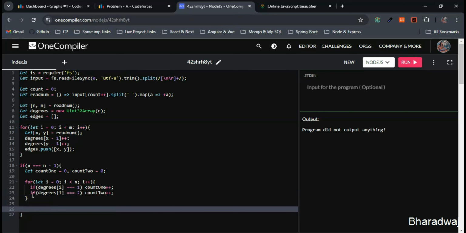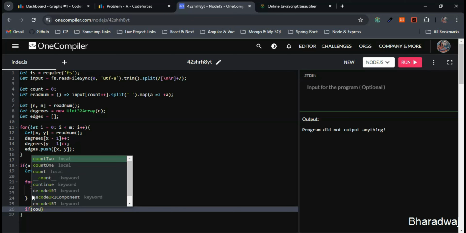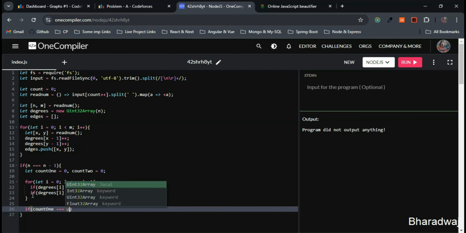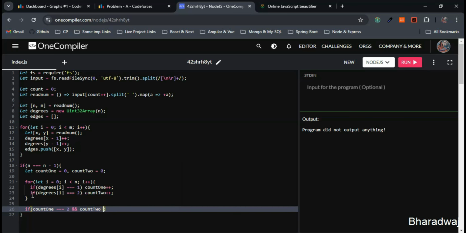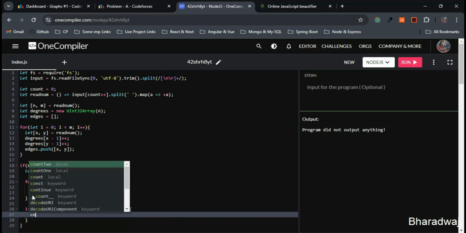After this step, for the bus topology, we should have exactly 2 nodes with degree 1 and the rest with degree 2. While explaining the bus, star and ring topology, I did explain this, right? So again I'll make use of the if condition for this. This is simple: count1 is equal to 2 and count2 is equal to n minus 2. Then what we will do,